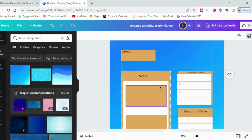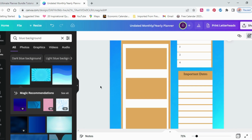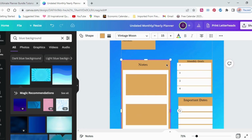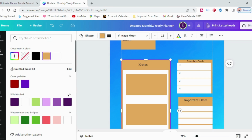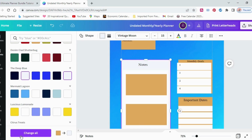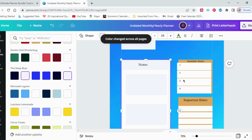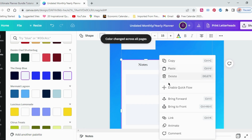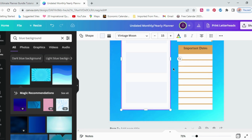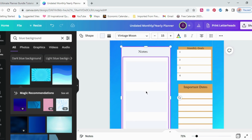So now we're seeing that brown. Now we can see that, no, that brown doesn't look right with that blue. Let's say it didn't look right. We would unlock those boxes and change the color, and then you can change all the boxes that are unlocked. Put it like that. But that drowned out our writing some. That wouldn't work. So let's go back